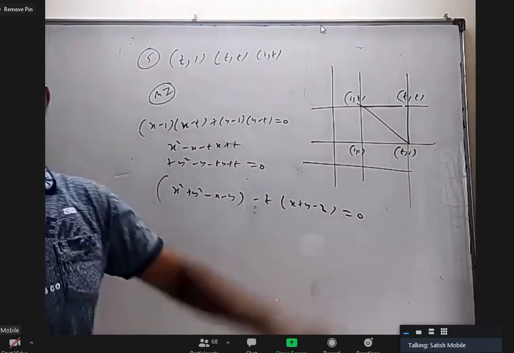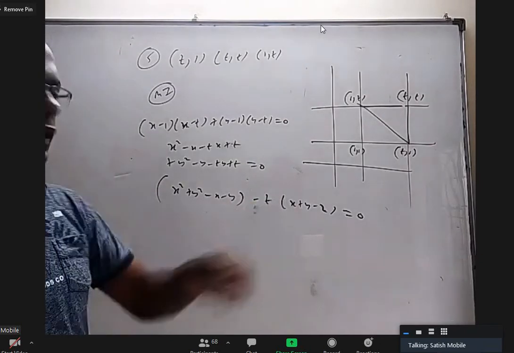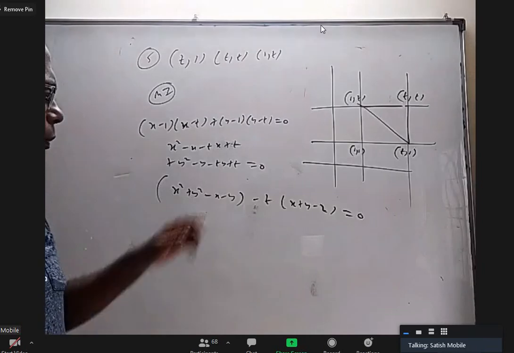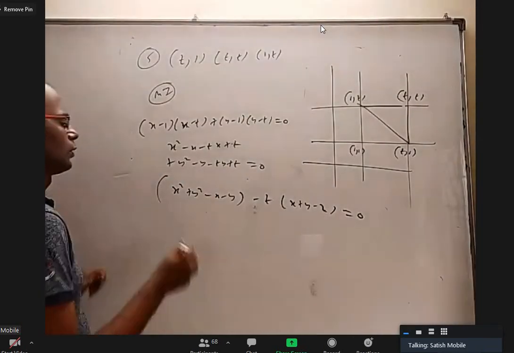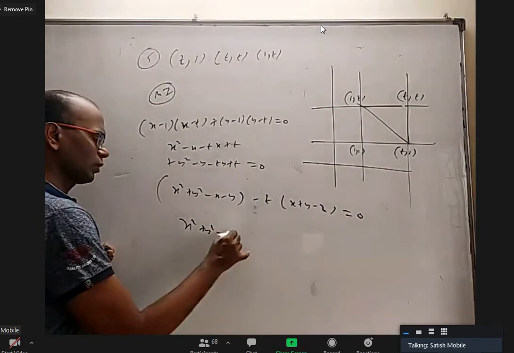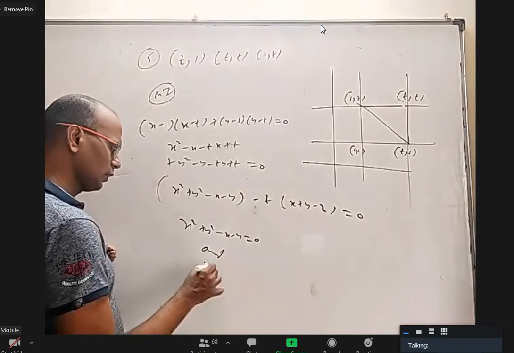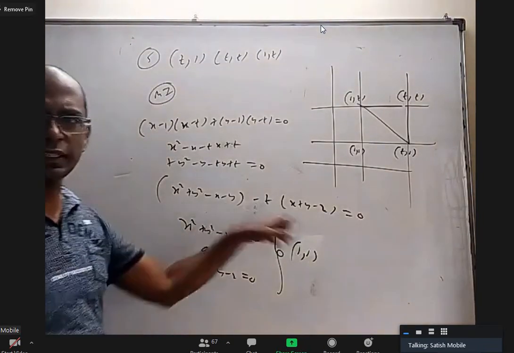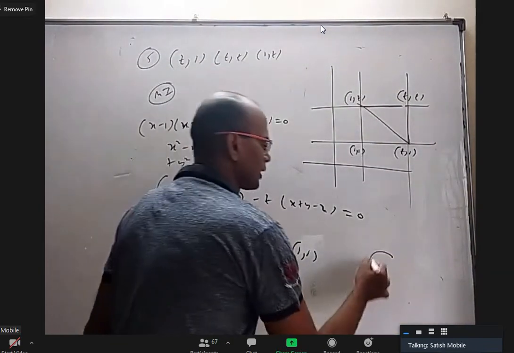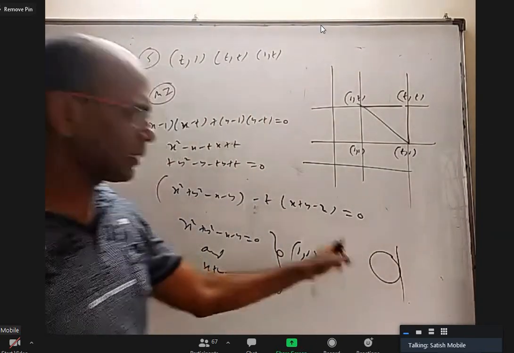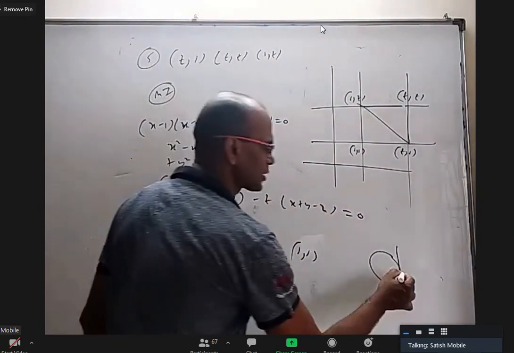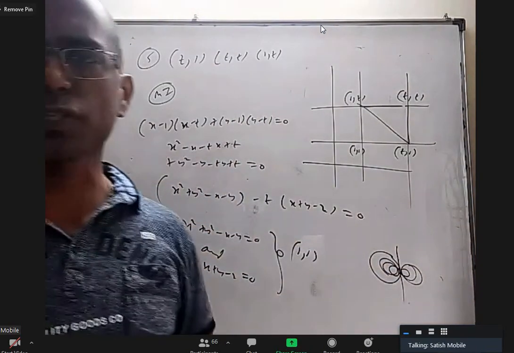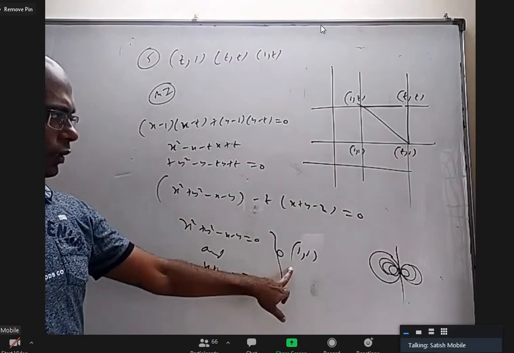It looks like S plus lambda L equals 0. So S plus lambda L equals 0 is a family of circles which will always pass through the point of intersection of these two. So you just solve x square plus y square equal to 0 and x plus y minus 2 equal to 0. You get (1, 1), because actually the line is tangent to the circle. If you take S plus lambda L, it covers all other circles touching the circle at this point, but they all will pass through that point of contact, which is (1, 1). So like that you can do it.